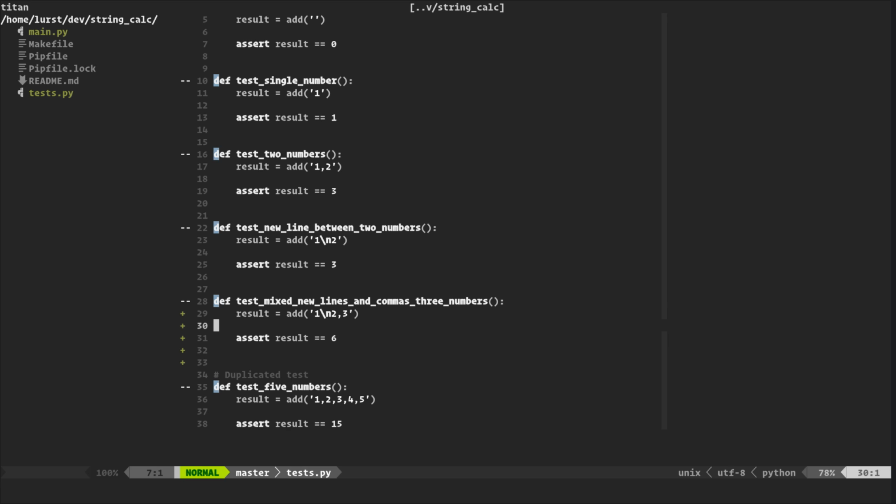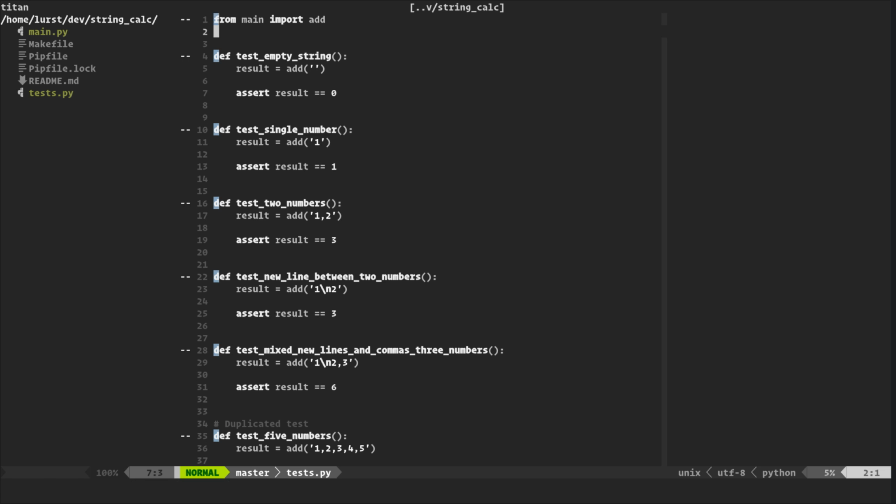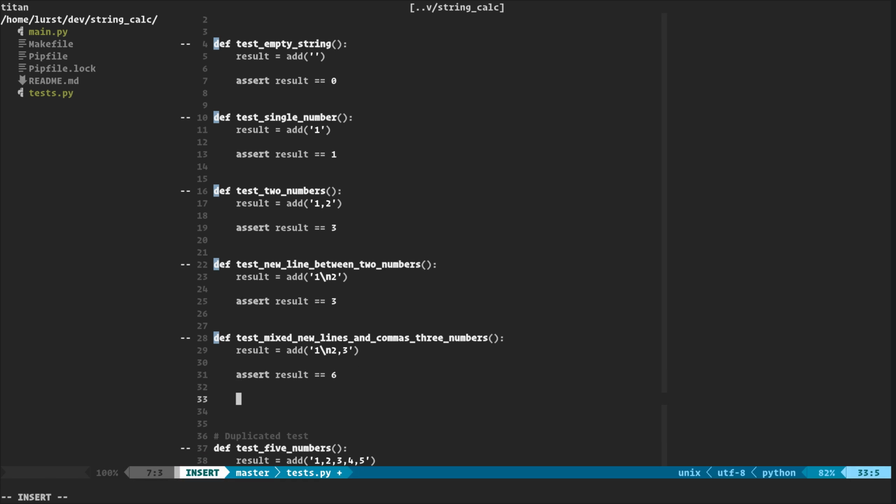Cool, so we have a bunch of tests here. Let me look at the next bit. So the following input is not okay. Right. Another test for us. So this is going to be, maybe I should stop referring to the number of numbers that we have.